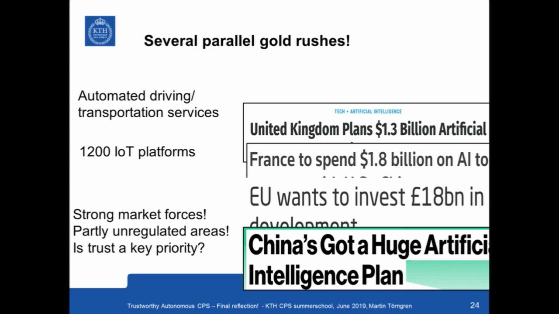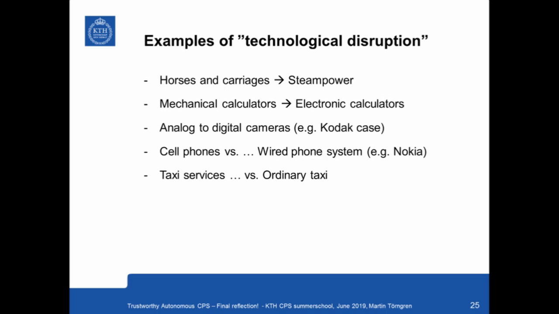Yes, and then I think in particular trustworthiness needs more energy because of the gold rush, the market is pulling, so we need to hold back and steer in the direction of trust. Many people call this a technological revolution. In Germany, they call it the fourth industrial revolution related to Industry 4.0, which is a domain incarnation of CPS. And, well, I think we touched upon some of these, but looking into history, it's interesting to relate back.